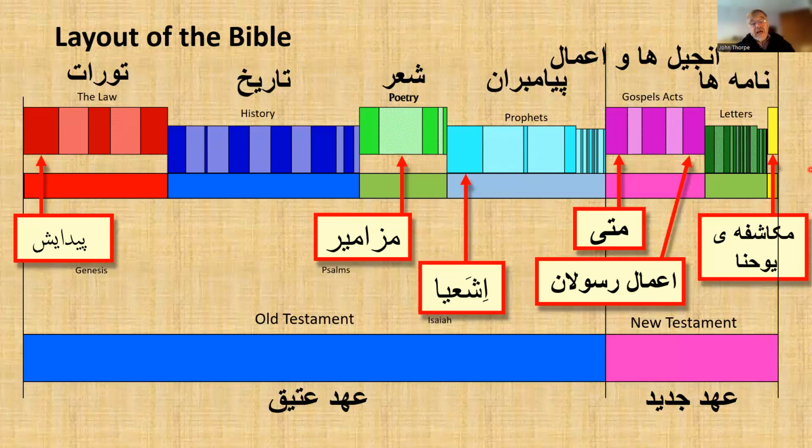And it's written in a kind of code. So parts of the book of Daniel are written in the same code. So we get an explanation of that code in Daniel.